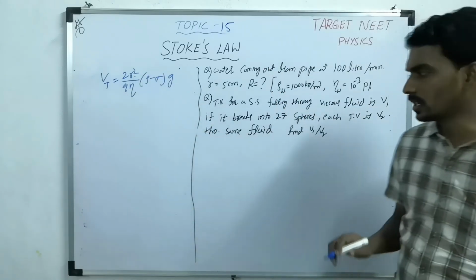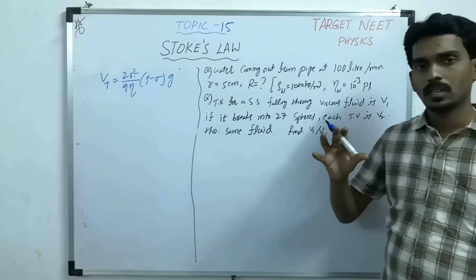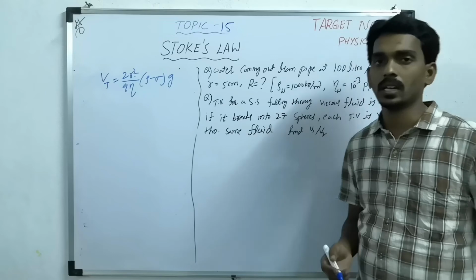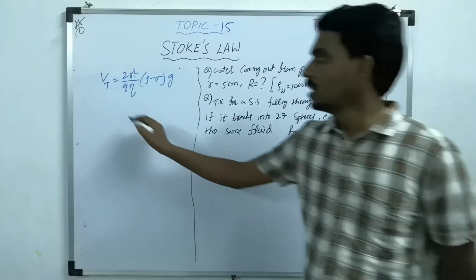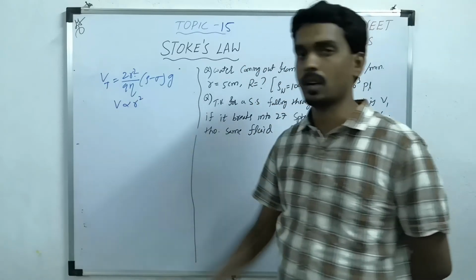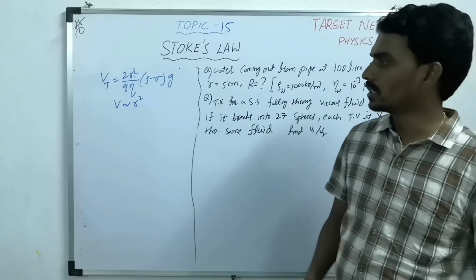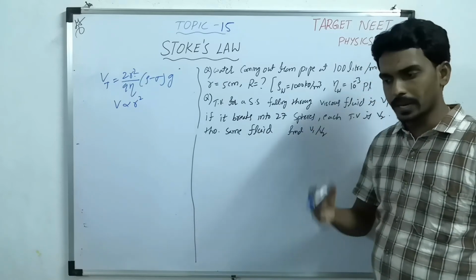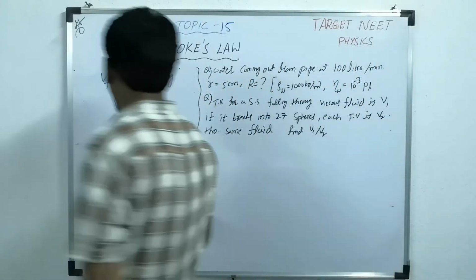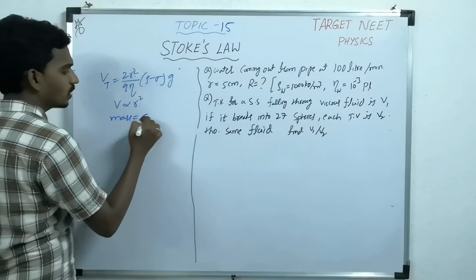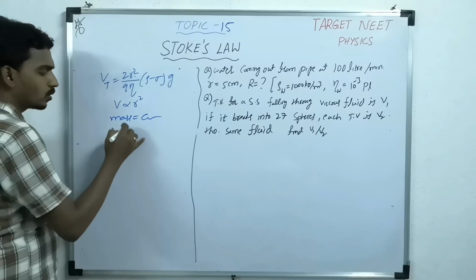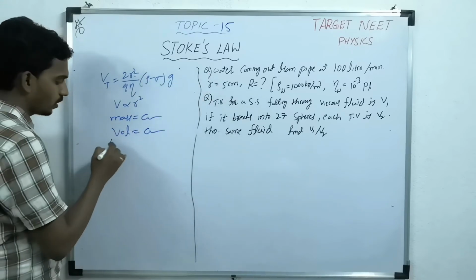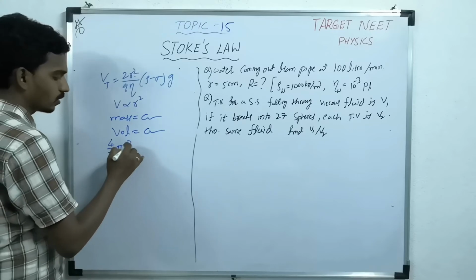Only thing what is changing? Size, because one solid sphere is divided into 27 similar or identical spheres. The size is changed. That's why you can take V proportional to r square. Now the initial radius, if you consider r, then you have to find what is the final radius. Here it breaks into some numbers, but the total mass remains what? Constant. Total mass, nothing but total volume, remains constant. What is the initial volume? The initial volume is 4 by 3 pi r cube.